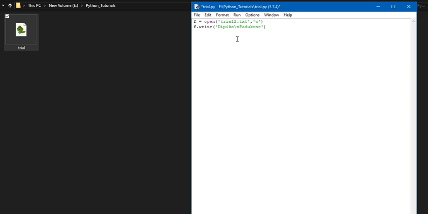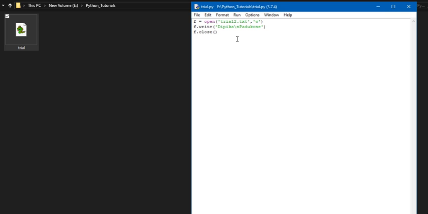So I want to write Deepika Padukone in my file. Then after writing the data into my file, I closed it. The write, close and open are the functions.